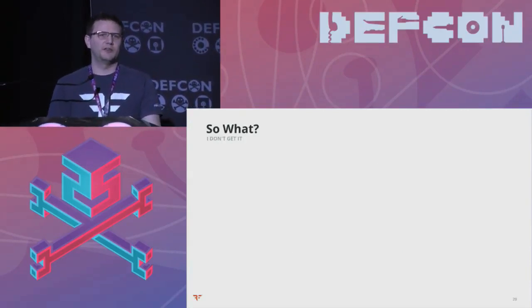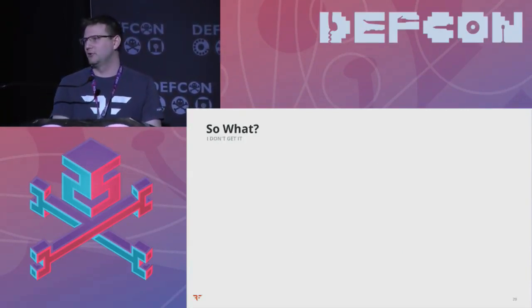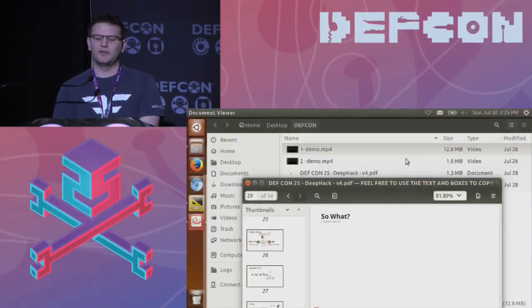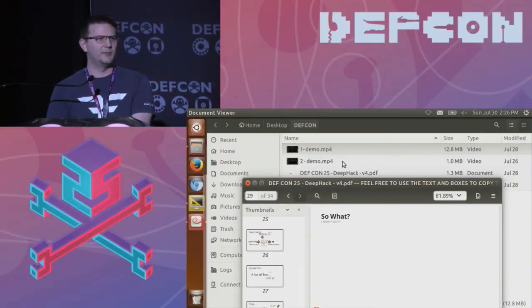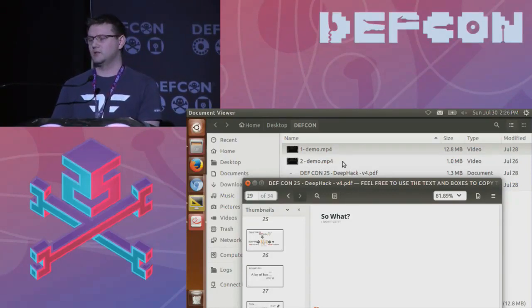So maybe at this point you're thinking, so what? So you made some computer program that hacks into a web application's database, they already have programs that do that. And that's true, but part of what makes DeepHack special, and part of what might make you want to make AI-based hacking tools, is that there's nothing in what we were talking about that's specific to the underlying database type.